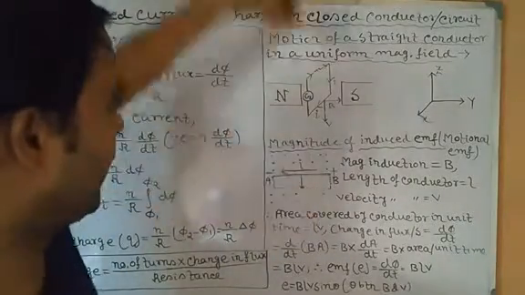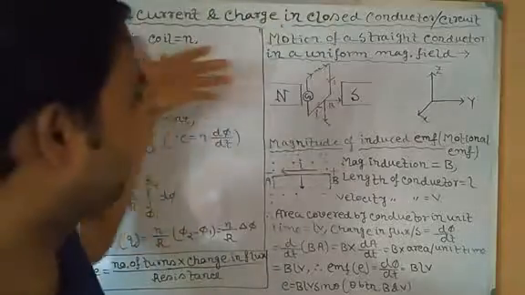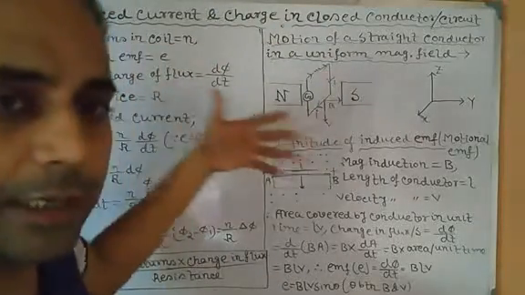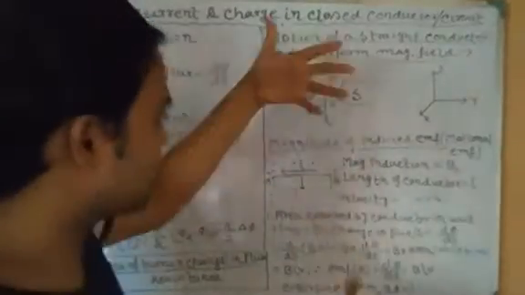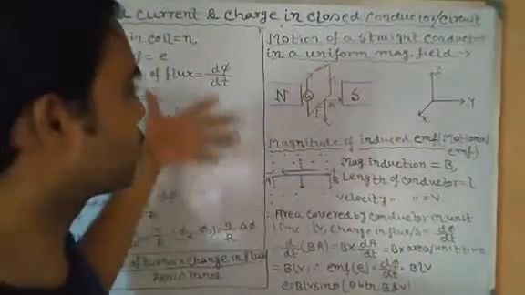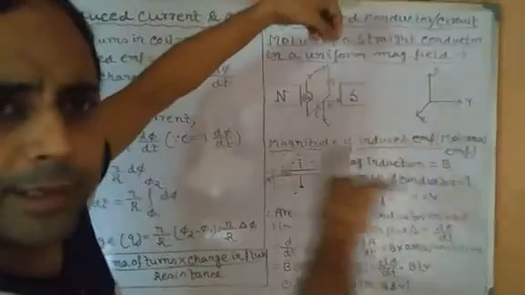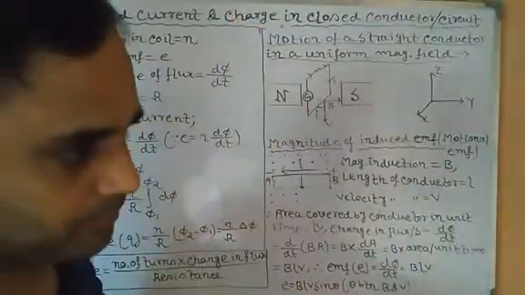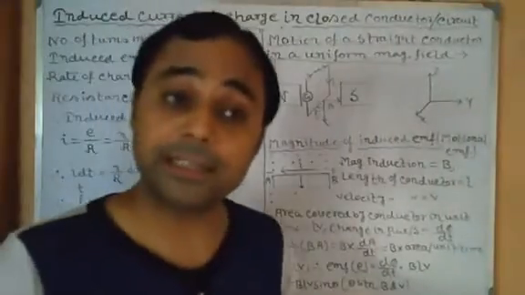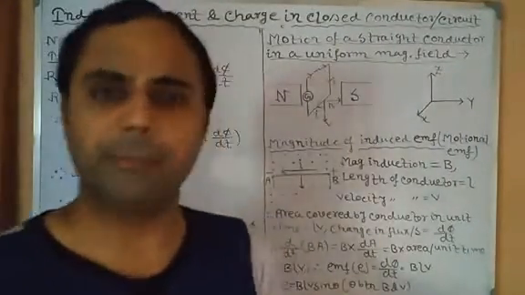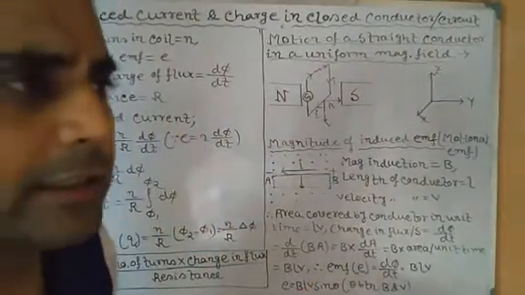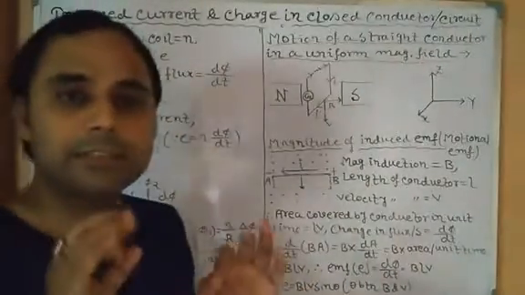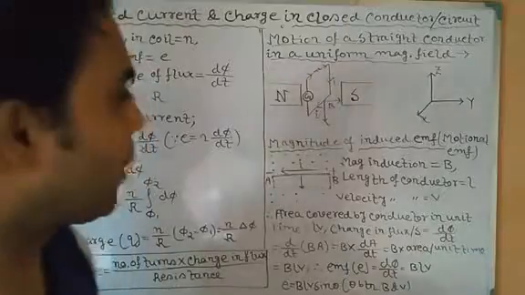When we move it up and down, the magnetic field lines of force will intersect, isn't it? So there will be a change when it moves down and up. Each and every moment, the number of magnetic field lines of force passing through the coil will change. As a result, obviously, there will be a change in magnetic flux, which in turn causes the creation of induced current.